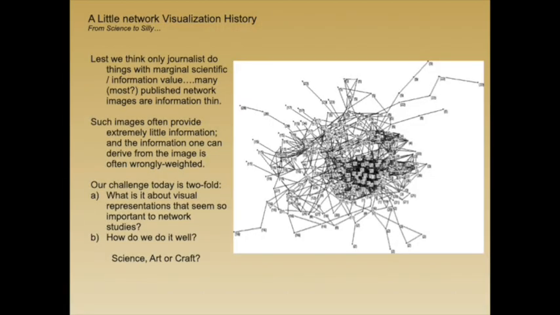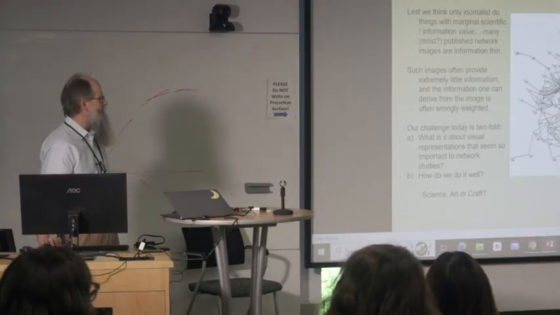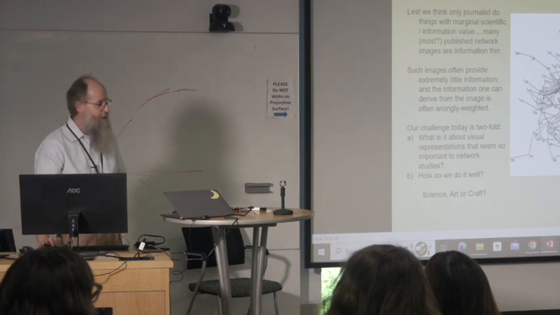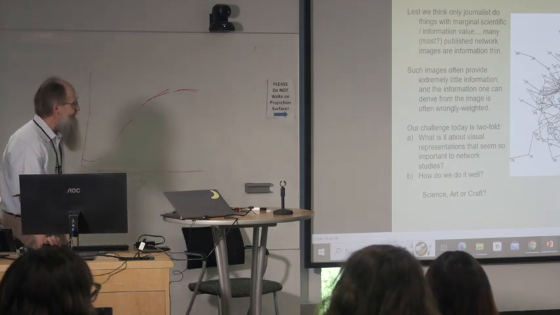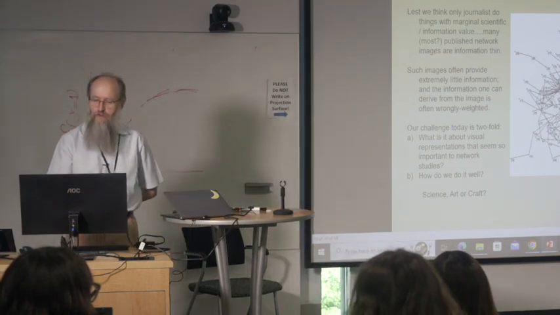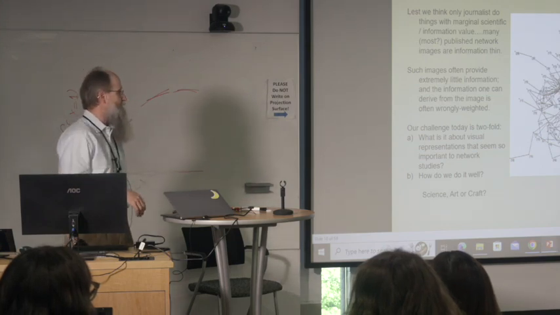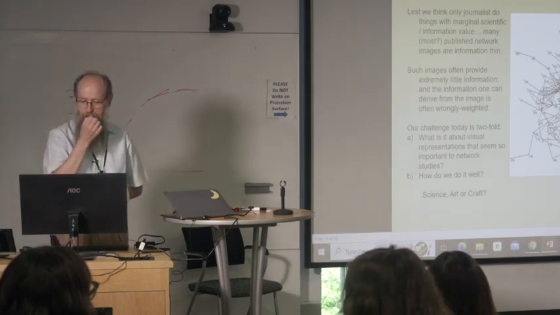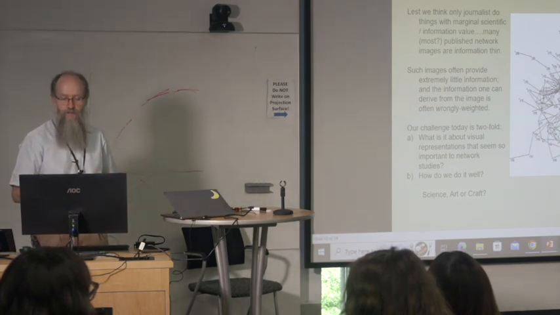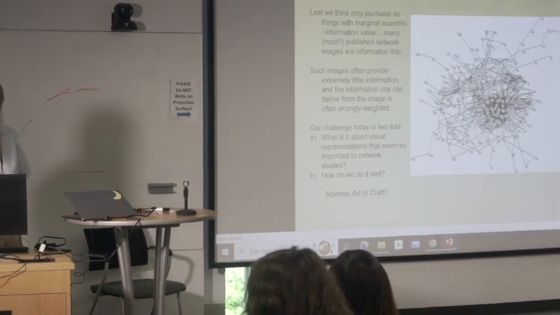But lest we think, right, that only journalists do bad network visualizations, the sad part is that bad network visualizations are ubiquitous in this field. So this is a published image in a journal. I don't remember which one I got it from. I hid the names to protect the guilty. But oftentimes people feel that they have to put a network image in, and whatever default shows up on their screen, they throw it in. And this one, if you know something about the context, maybe you can tell a story, but it's certainly not compelling in itself.